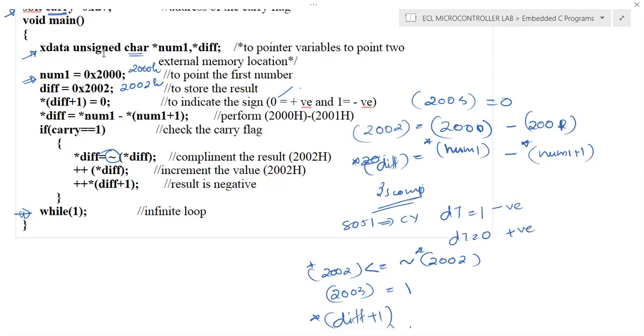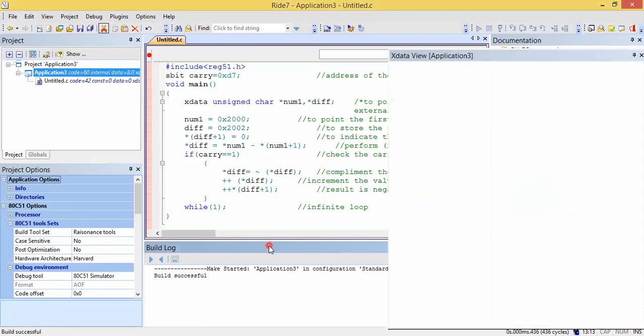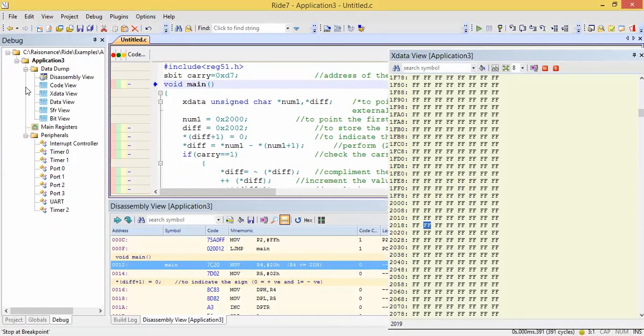That is, we are using Keil. So we'll see how we can perform the debug operation in the Keil compiler. You can see the program written in the editor window, and this is the debugging. The program is already built successfully. Now we can go to the debug window, and in the debug window we need an X data view.